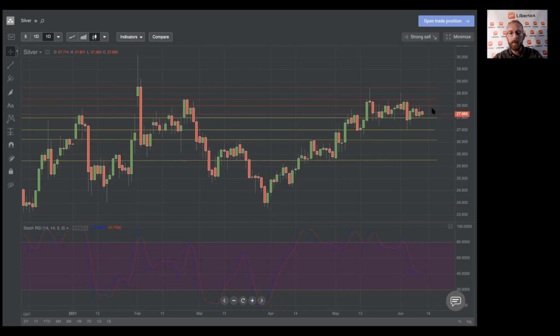So if silver fails to hold support at $27.50 here, the next zone of support silver will need to consolidate within can be found right at $27, followed by $26.60 an ounce, and in the potential worst case scenario, towards the 200-day EMA at around